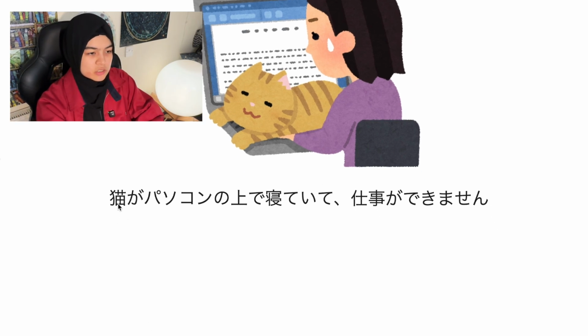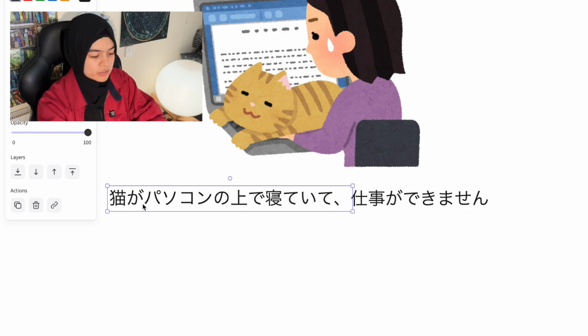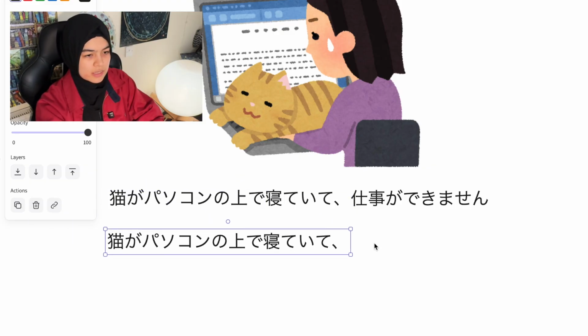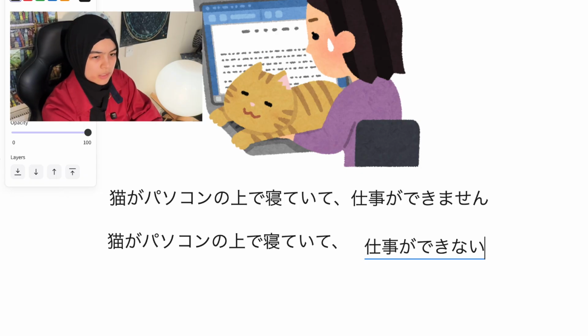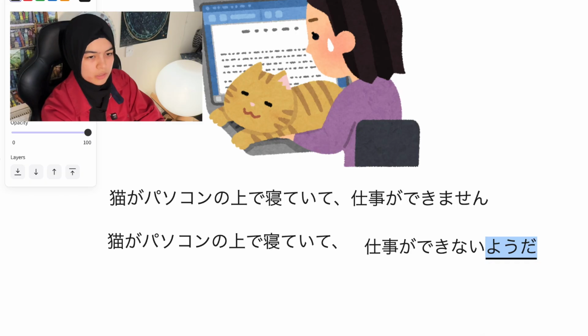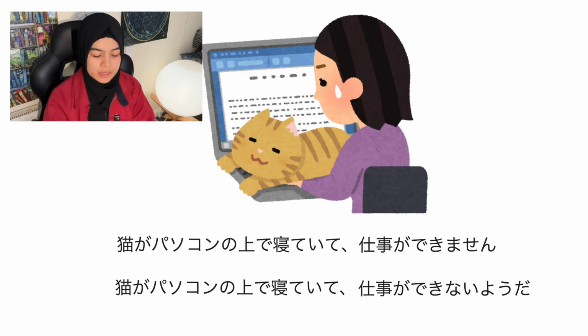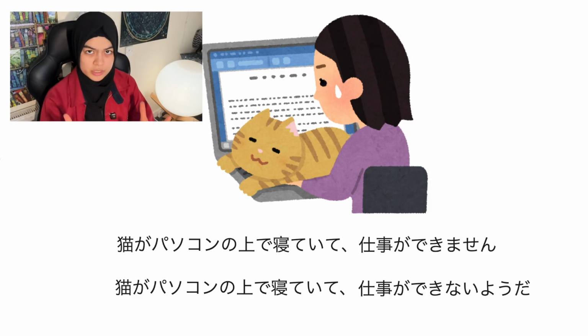So the new sentence would be the same thing. 猫がパソコンの上で寝ていて仕事ができないようだ。できないようだ。はい。